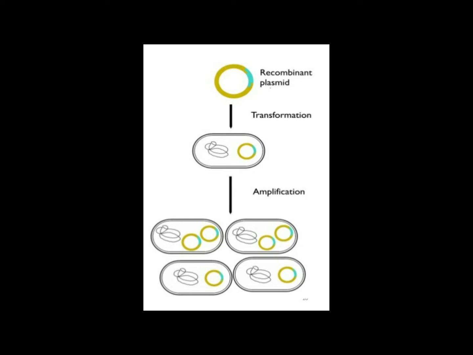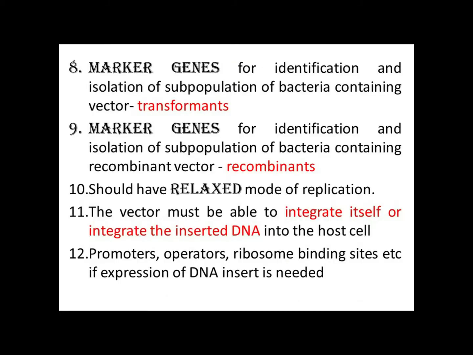Transformation is the property with which the foreign DNA integrated with the vector is inserted into the host cell. The host cell will have a number of barriers, and the most important barrier will be the plasma membrane. The vector along with the foreign DNA has to traverse the plasma membrane or cell wall of the host cell to get into it. Once the host cells take up the vector, we call it transformation, and the vector should allow easy transformation into the host cells.